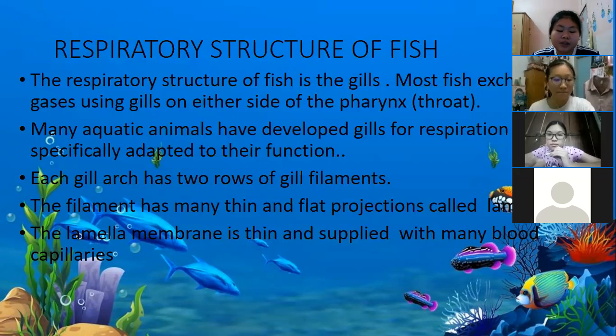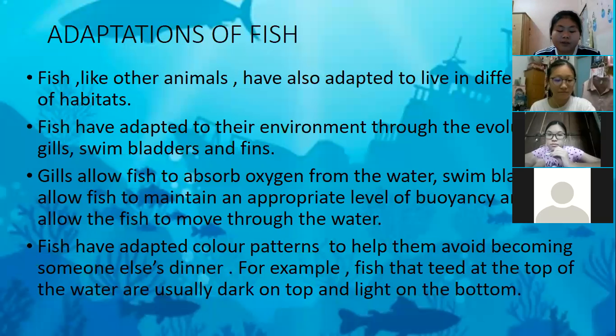Thirdly, adaptation of fish. Fish, like other animals, have also adapted to live in different types of habitats. Fish have adapted to their environment through the evolution of gills, swim bladders, and fins. Gills allow fish to absorb oxygen from the water. The swim bladder allows the fish to maintain an appropriate level of buoyancy, and fins allow the fish to move through